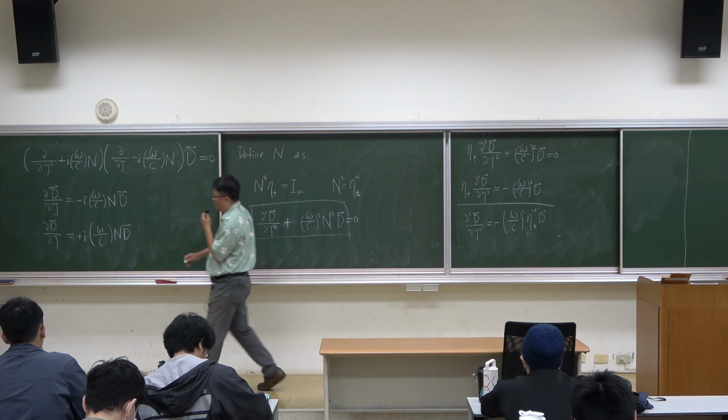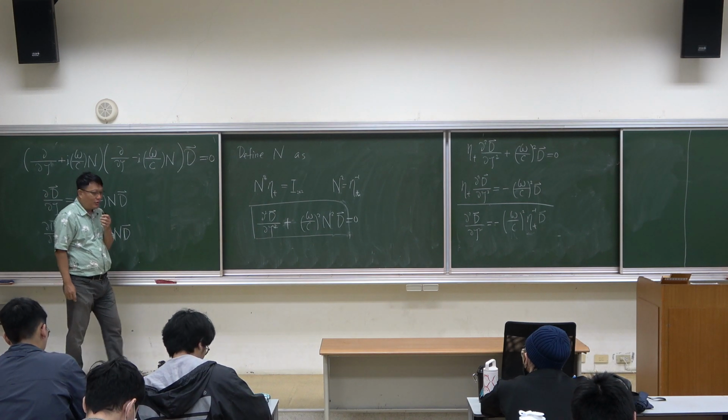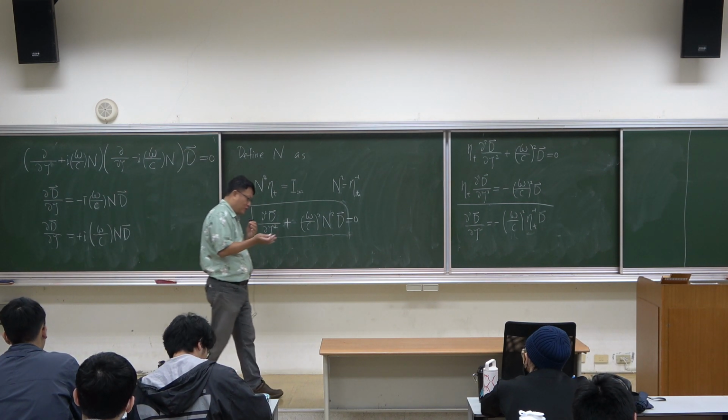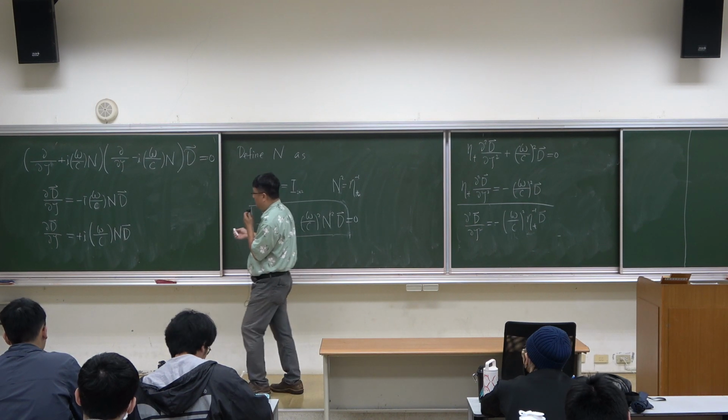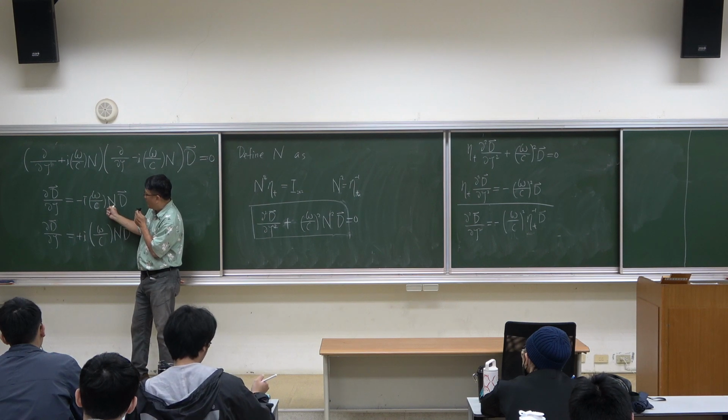Since we have already argued that the N matrix is nothing but the index matrix, okay? So if we get the refracting index, we multiply the refracting index